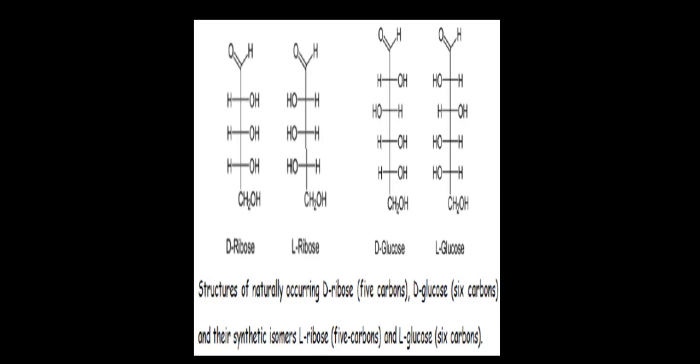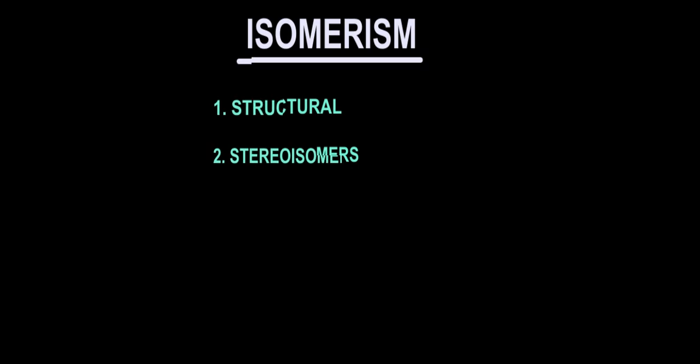Now, how does this happen? Okay, let me just write here. So you can have the L and the D configuration. For example, you can have L-glyceraldehyde and D-glyceraldehyde. On carbon number 2, we determine whether it's D or L. Now, this L and D come in because of what happens when you pass a beam of